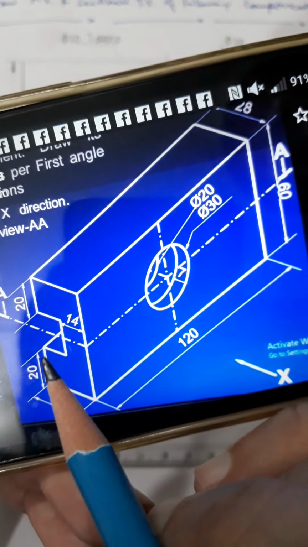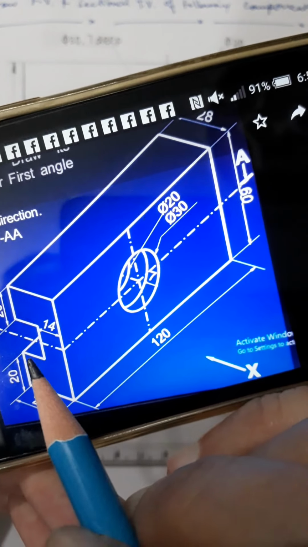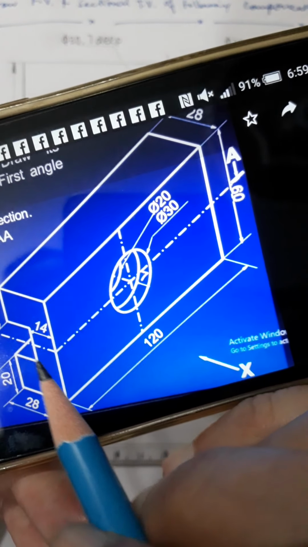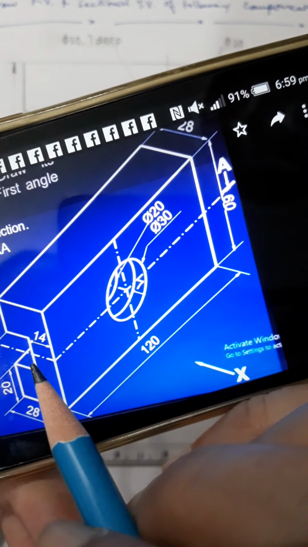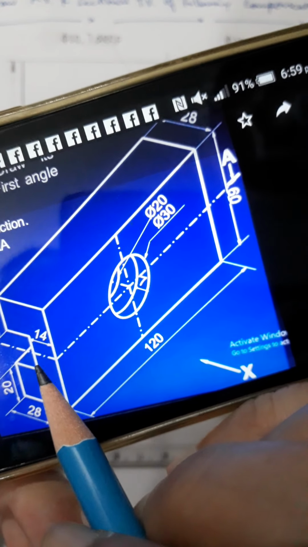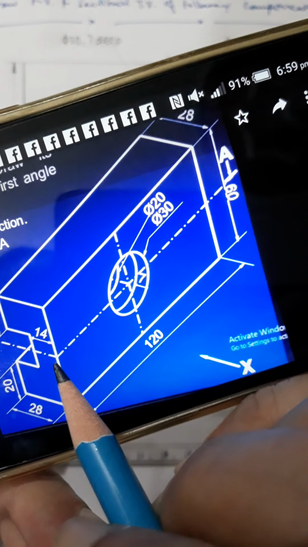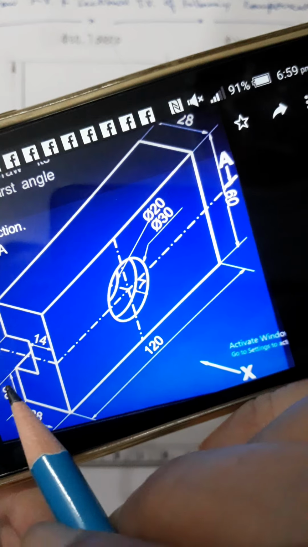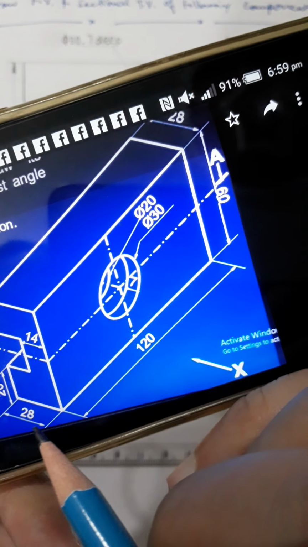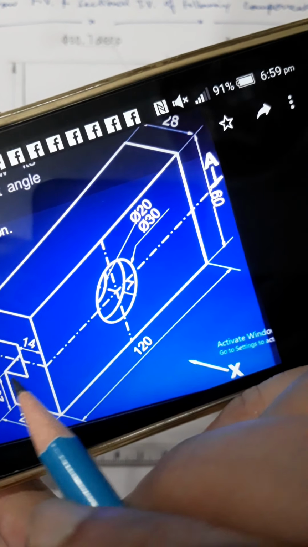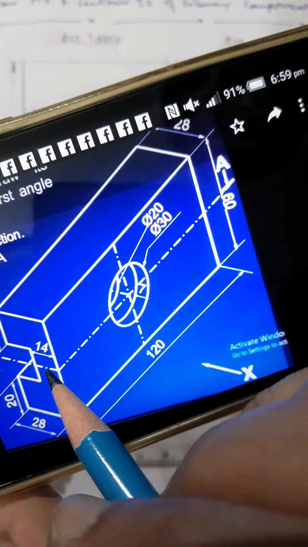That is the slot. That 14 mm will be visible now. After sectioning and removing the upper half portion, you will be able to see this 14 mm as well. Both the 28 mm edge and the 14 mm edge will be visible.